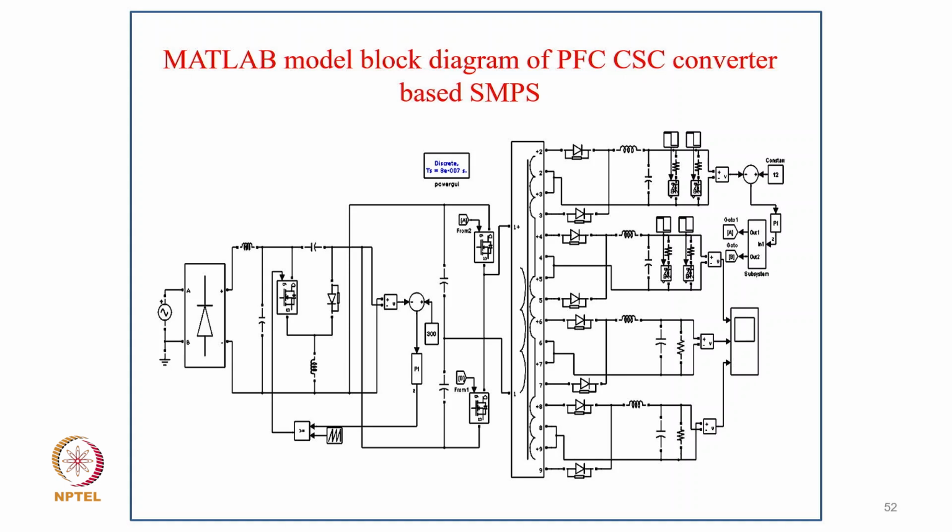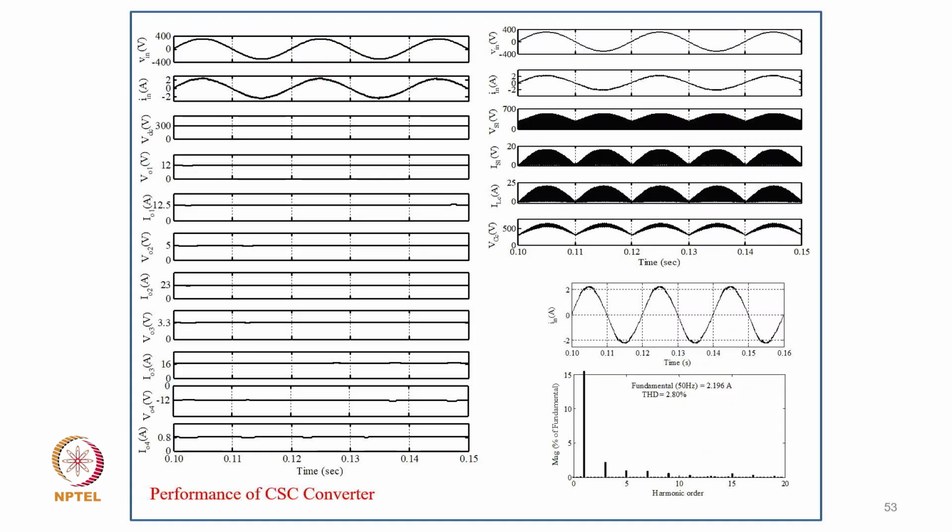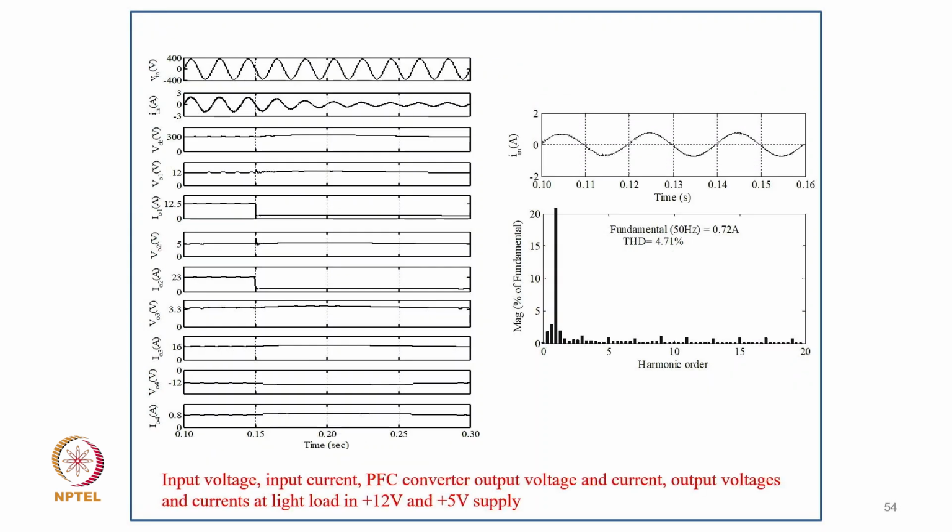This is typically the MATLAB model developed for this power factor correction switching converter based switch mode power supply, and these are the typical results. If you look at the input supply, there is a DC link voltage of 300 volts, and the four outputs and four output loads, with current and output voltage which you can see are well regulated DC voltage. Then you can see the typical switch voltage, switch current, and the inductor current that is in DCM, but the capacitor voltage in continuous conduction mode, which gives an inherent concept of design.